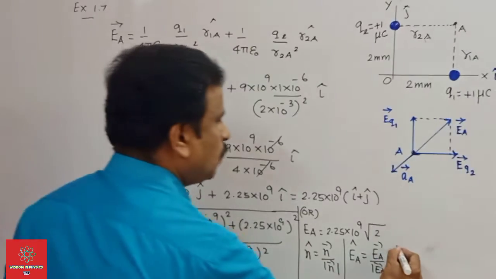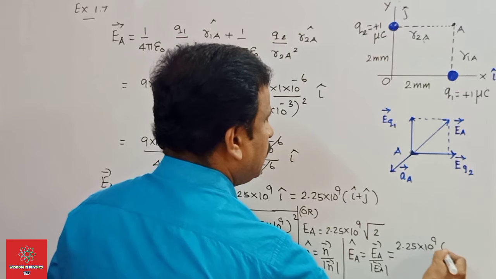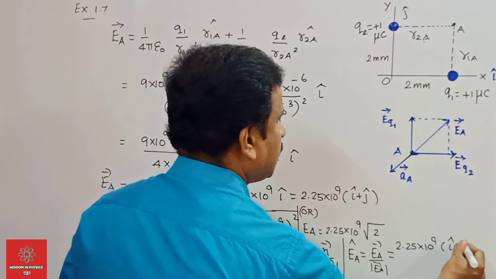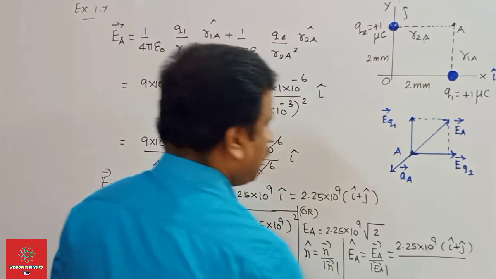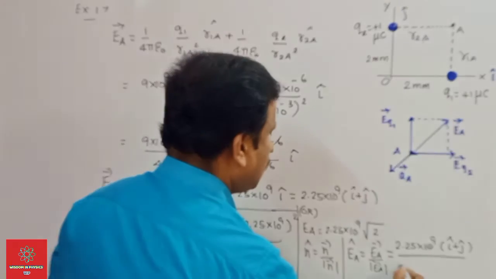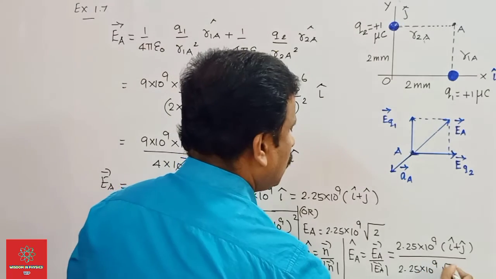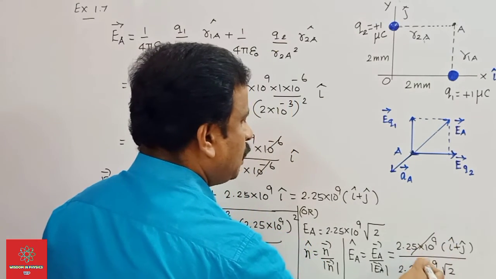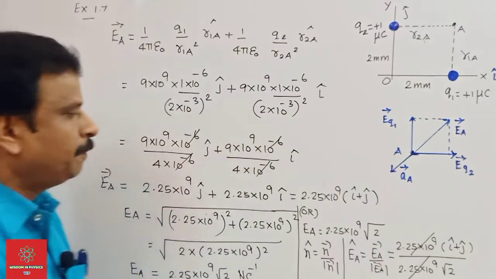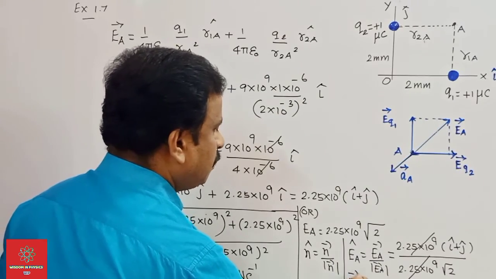It is 2.25 into 10 to the power of 9 into I cap plus j cap, right? And that is divided by modulus EA. What is modulus EA? It is nothing but 2.25 into 10 to the power of 9 root 2. Okay, so 2.25 into 10 to the power of 9 will be cancelled. Therefore the unit vector along this